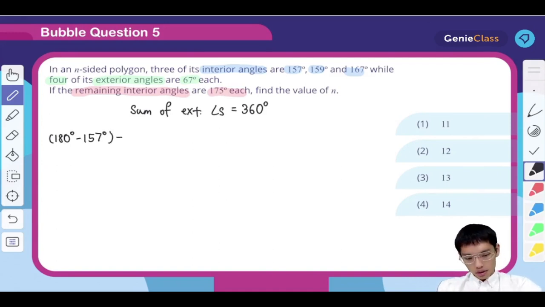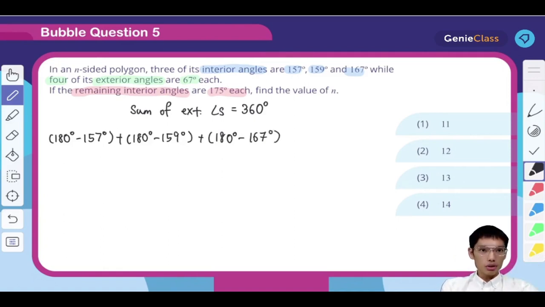Next one also involves subtracting from 180. Third one as well. So it's minus, sorry for that, it's not plus. Subtracting. And I have 4 of them. I don't need to subtract that because that is my exterior angle already. And then lastly,